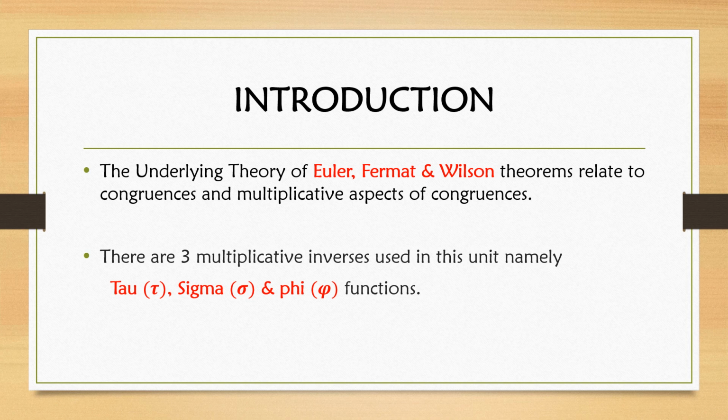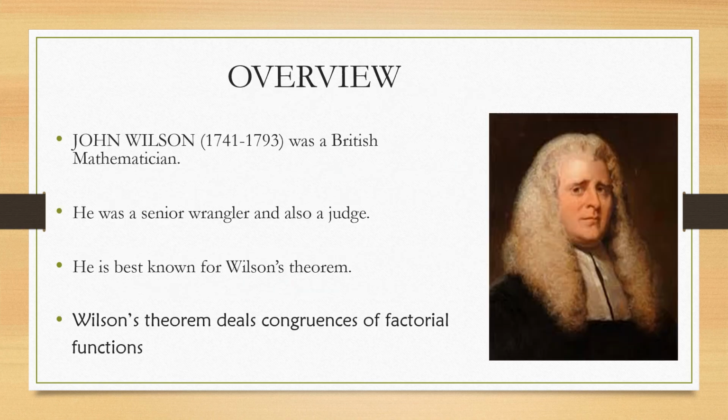You're already familiar with what a linear congruence equation is. In the previous unit you would have studied the Chinese remainder theorem. This will be an extension of that, and so we can have the factorial functions, the power functions, etc. Apart from these three theorems, we will also be studying the multiplicative functions named tau function, sigma function and phi function. The phi function basically follows Euler's function. Now let's get on to the next slide.